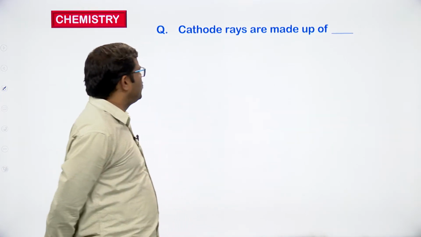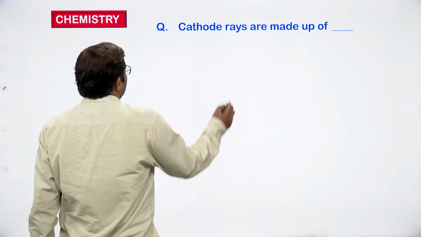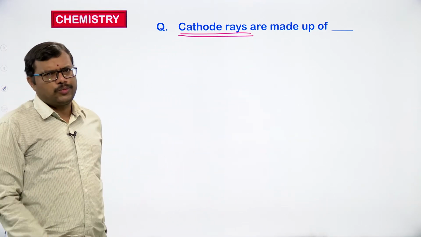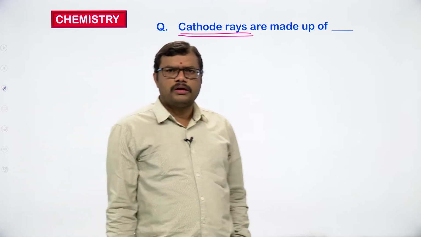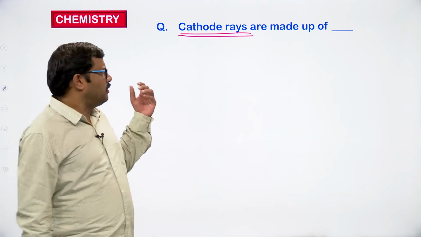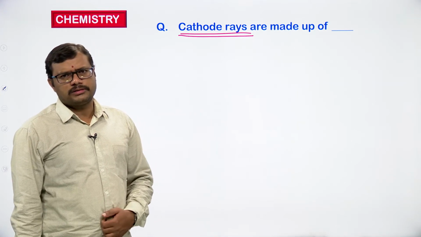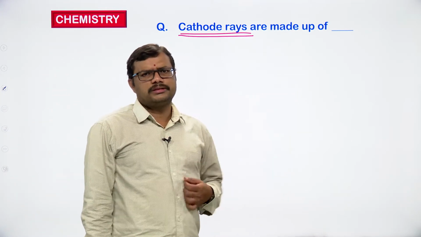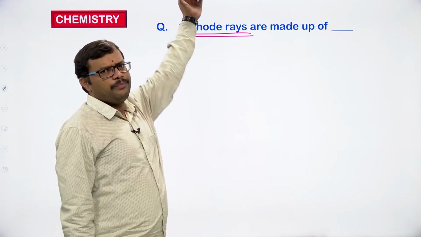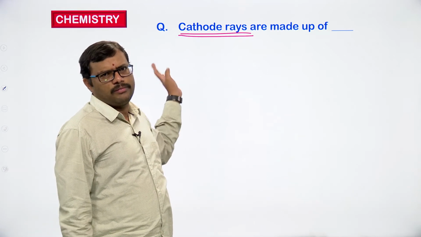So first question, if we observe, the cathode rays are made up of... so they are asking us what exactly the cathode ray is. The cathode ray tube experiment was done by J.J. Thomson. We know that using the discharge tube experiment, he took a gas, reduced the pressure and applied a high voltage across the metal plates, so that the gas inside can be ionized and rays are produced, travelling from the cathode to the anode. Since they are moving towards the anode and look like they are coming from the cathode, they are named cathode rays.